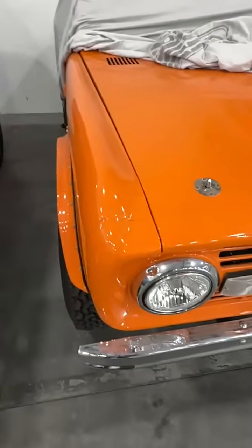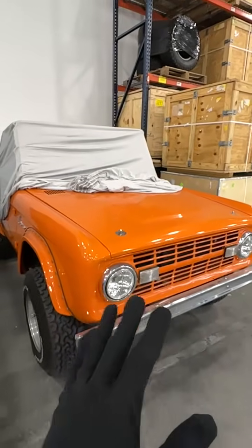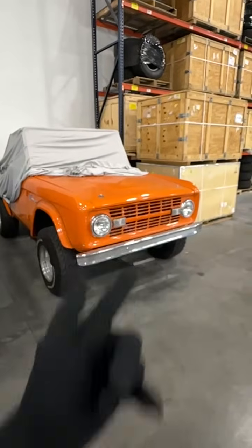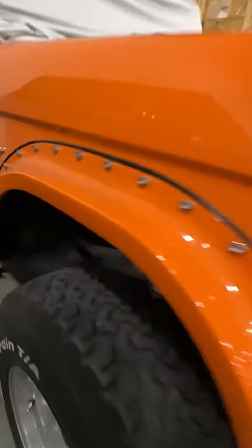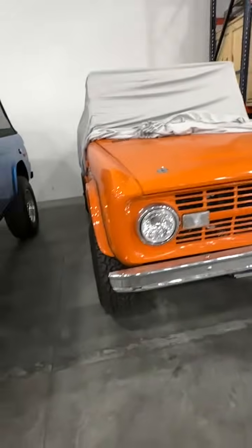I'm not a mechanic. And so I get it home, and I swear to you, I was just immediately disappointed because the pictures looked better than it was. In my head, it was going to be better than it was. They told me that it was fully restored, and I didn't even actually touch this thing. If you look underneath, you're going to be like, by who? You know? And what is your definition of restored? And it drove as bad